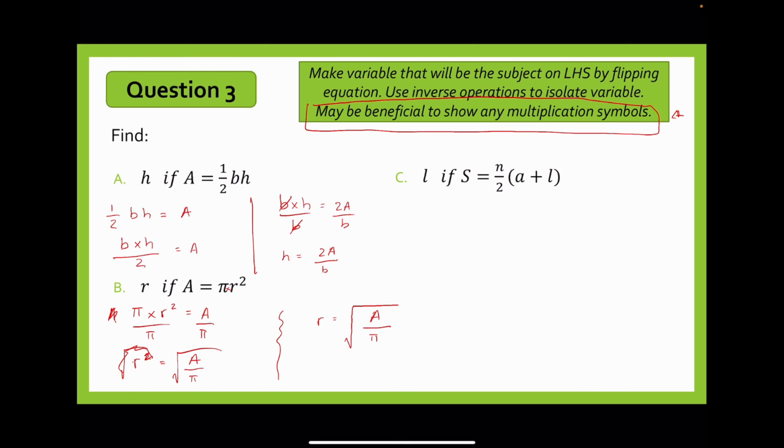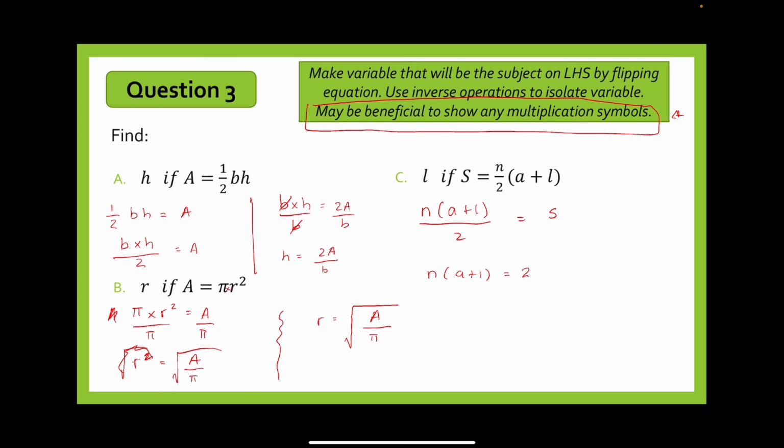l is on the right hand side of the equation, so let's flip the equation. Therefore that would be the same thing as writing n bracket A plus l close bracket all divided by 2 is equal to S. Now let's get rid of the denominator 2 by multiplying both sides by 2. So therefore that'll become